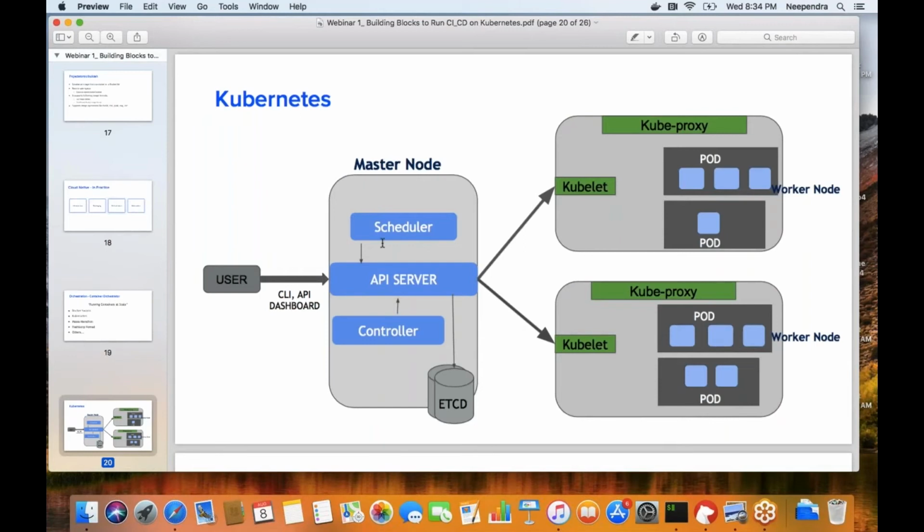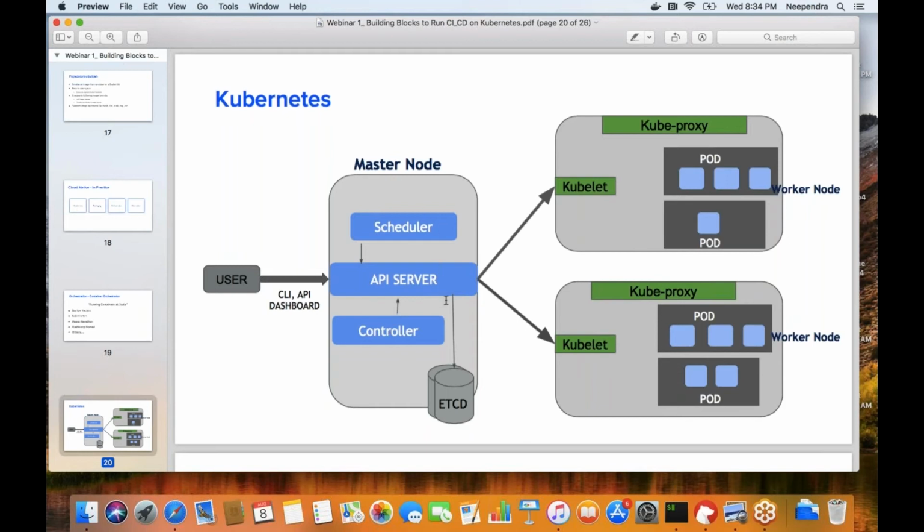The API server also talks to the scheduler in the master node. The scheduler's job is to schedule the pods on the different nodes you have. With the controller component of the master node, we make sure that at any point of time, my current state is equal to the desired state. For example, we have configured that at any point of time, I want to run 3 copies of my application. If one of the copies dies for some reason, the controller is the one who would notice that and create one more pod or one more replica for that application, so that my current count is equal to the desired count. That's the job of the controller.